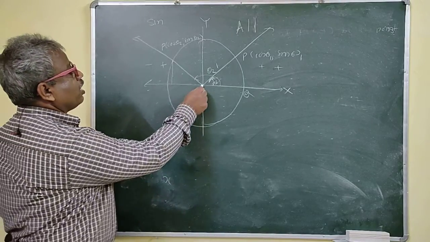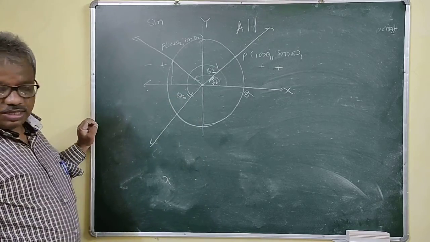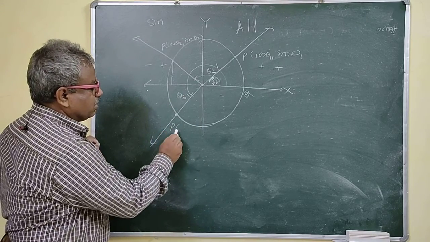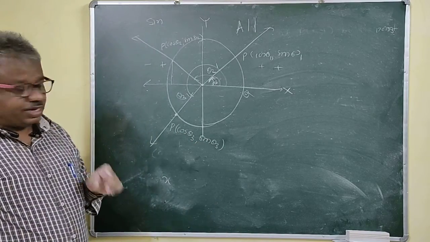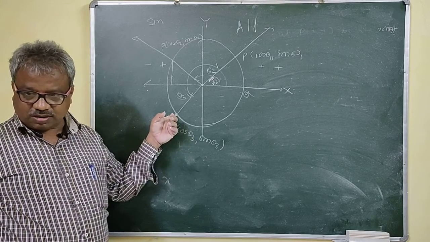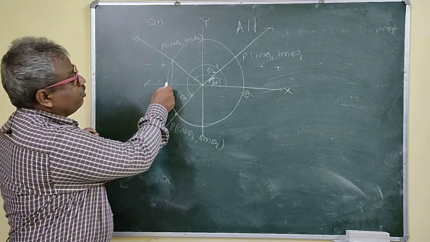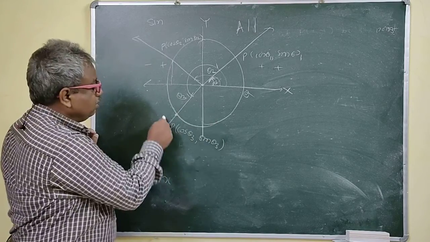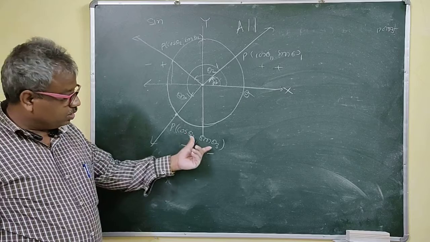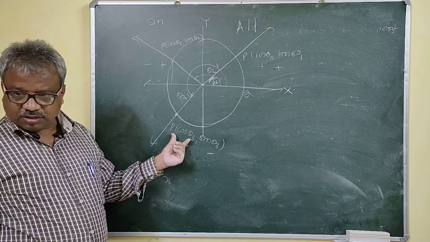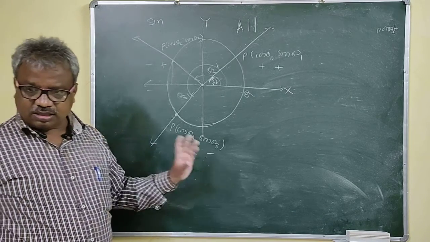So now if you are in the third quadrant, this will be your theta 3, right? It is in the third quadrant. Now the point of intersection here is cos of theta 3, sin of theta 3. Your P is also in the third quadrant, and this is your x coordinate, this is your y coordinate. In the third quadrant x is negative and y is also negative. So sin is negative, cos is negative, and the reciprocal of two negative numbers is positive, right? Reciprocal of the same sign is positive.